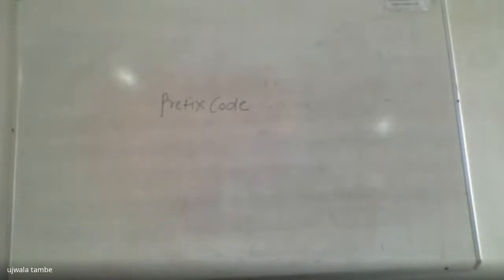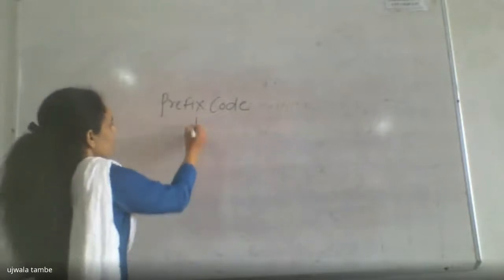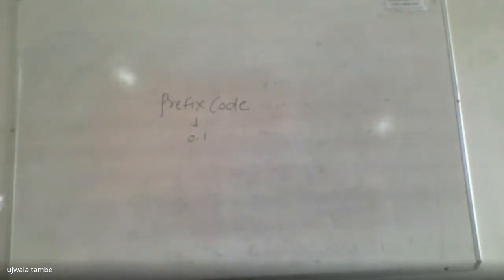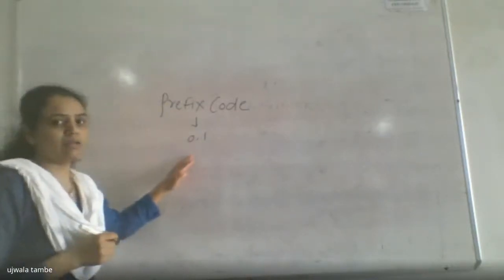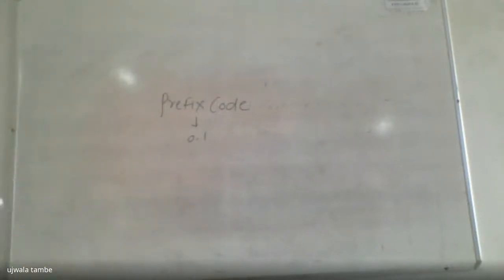Okay. Then discuss the prefix code. Prefix code is in the form of 0 and 1, and we have to construct a binary tree. Likewise, we get the prefix code in a 0 and 1 manner. Basically, prefix codes are used for cryptographic purposes, for key generation, for security purposes, and to form the prefix code, we are going to use Huffman's algorithm.